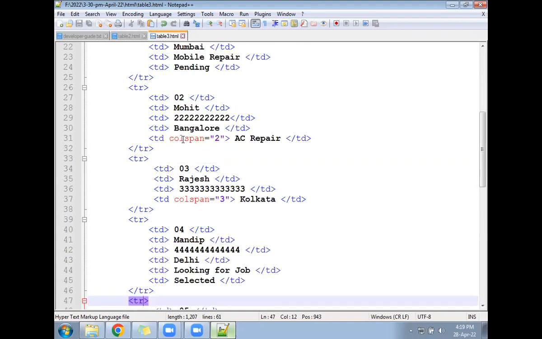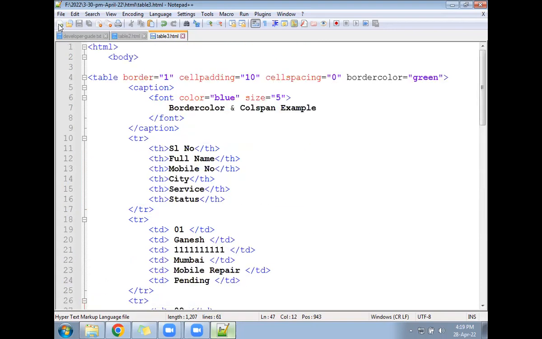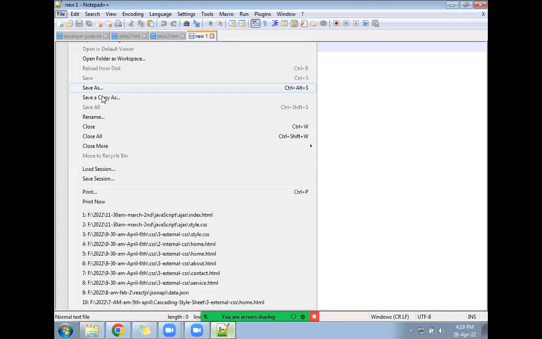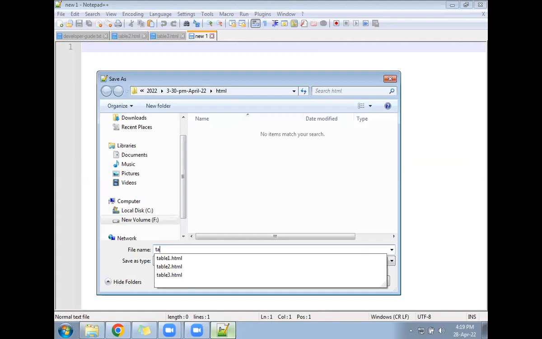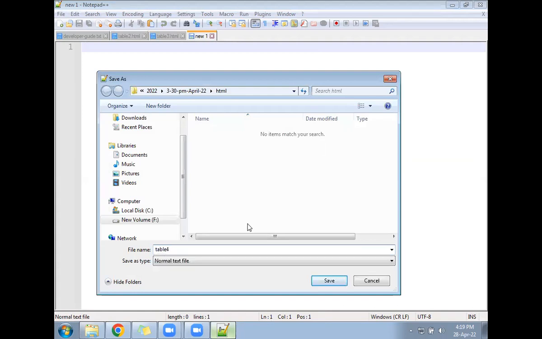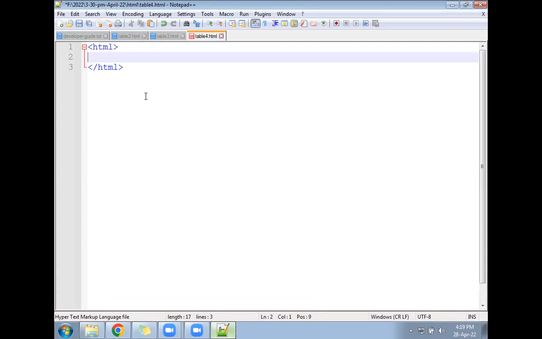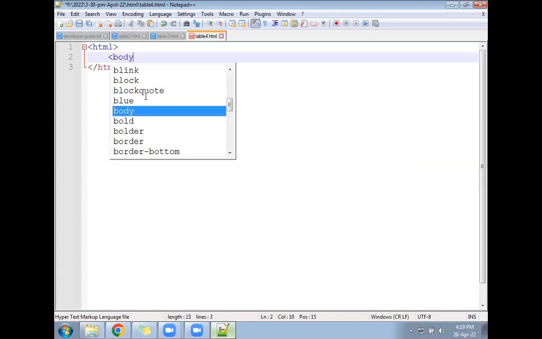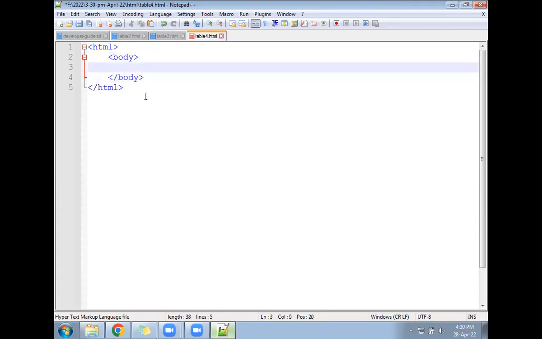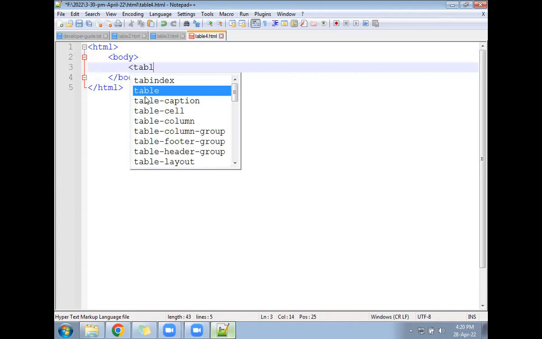Table4.html we can create. Okay, in table4.html, HTML you start here, follow the body tag, come inside, create a table,